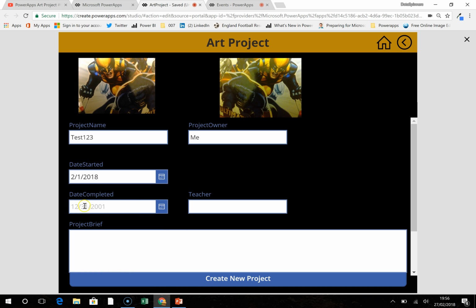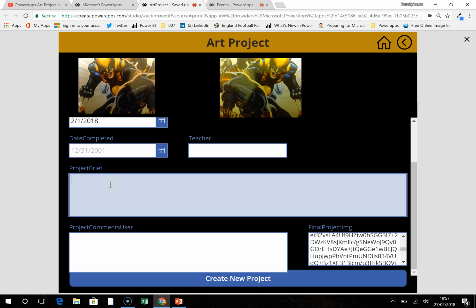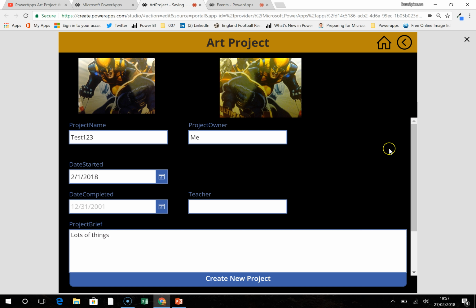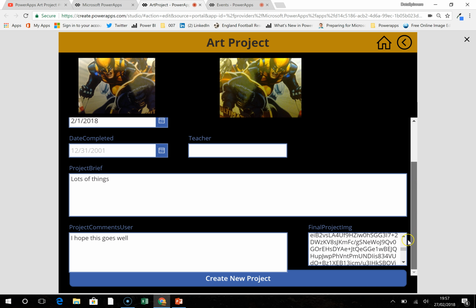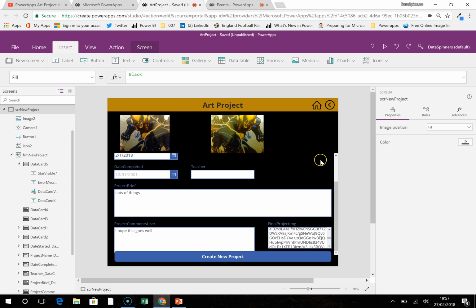Now, if we're just using this to initiate the project, we wouldn't know what the completed date was. So maybe it's silly to have it in, but I'll keep it in there for the moment. Project brief, lots of things. Project comments, user, I hope this goes well. And then I will hit the create project button,